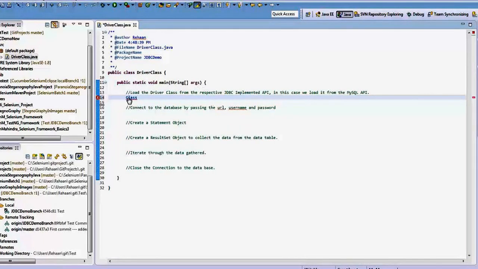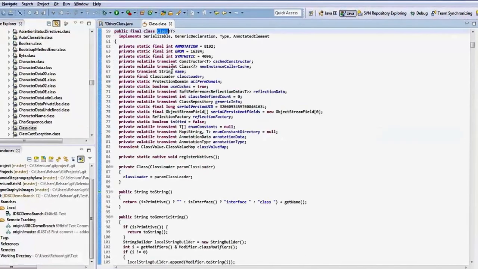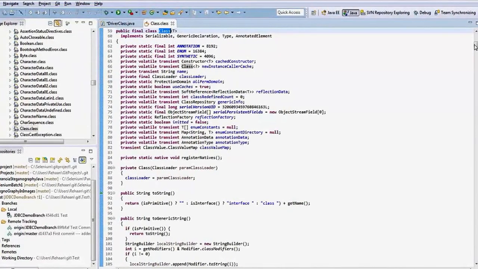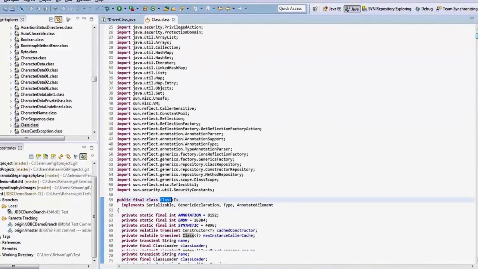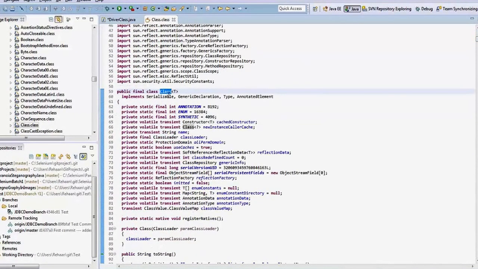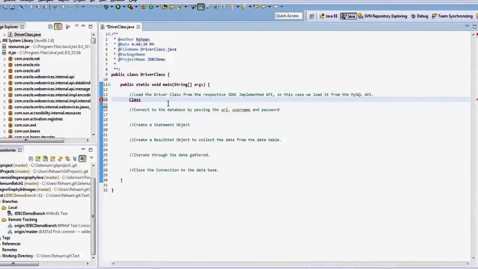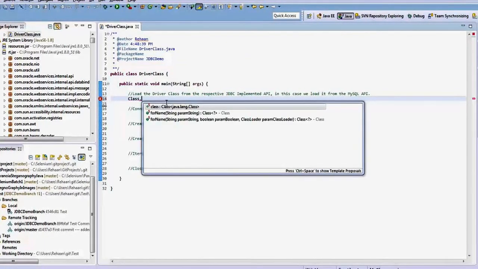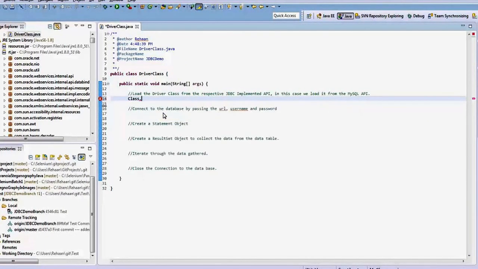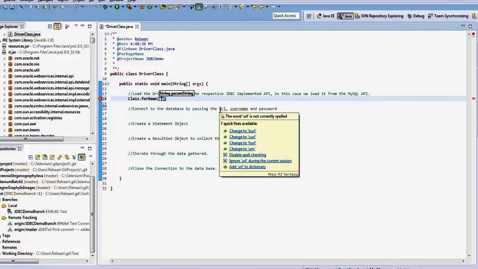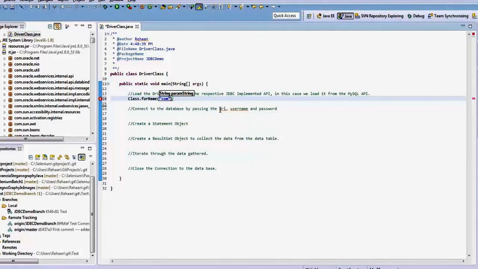Okay, so what I'm talking about is the Class object. You just press Control, hover on this, and click on this. So this is the class that I'm talking about. You can use this class, and there is a static method called forName, and you can pass the class name. So the class name is